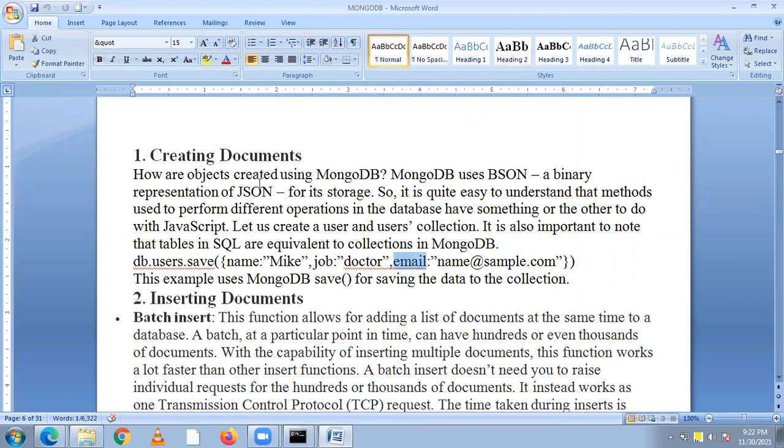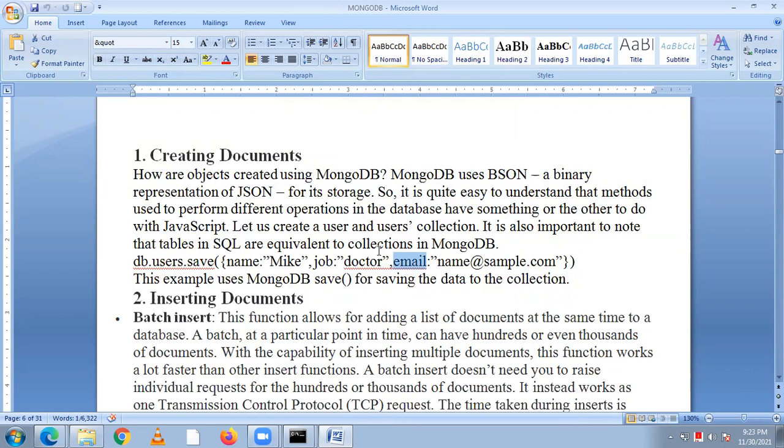How are objects created using MongoDB? MongoDB uses BSON, a binary representation of JSON, for its storage. So it's quite easy to understand that the methods used to perform different operations in the database have something or other to do with JavaScript.